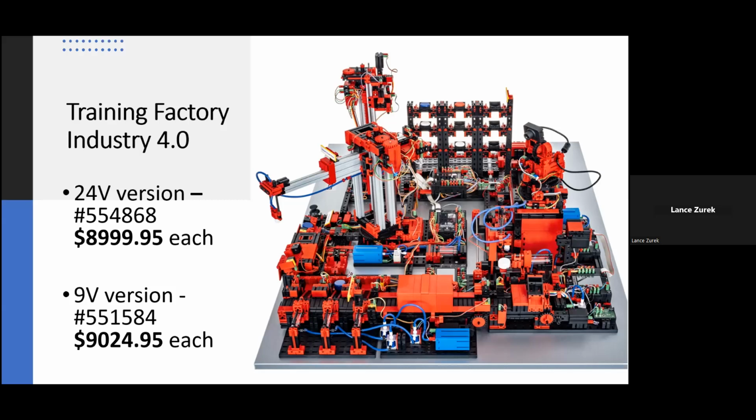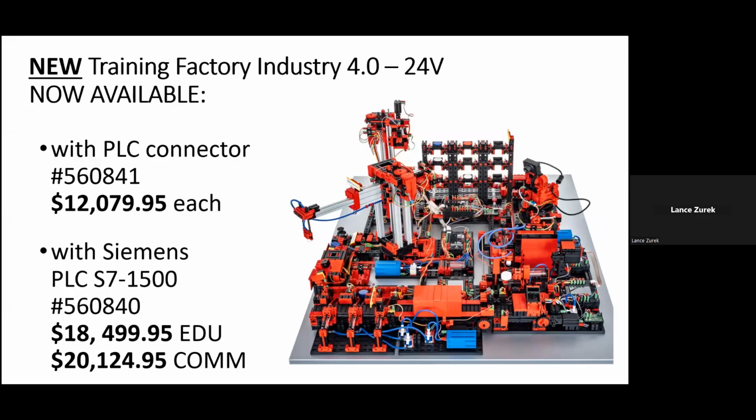And the 9-volt version with the TXT controllers pre-wired, pre-programmed is $9,024.95. Now also available, though, is the Training Factory Industry 4.0 with a PLC connector. So basically, in this case, you have all of the wiring, which, as anyone who's done this before knows, can be very detailed and time consuming. So in this case, all of the wiring from the model to the PLC connector board is done for you. The 24-volt power supply is also included with that. And the cost for that variation is